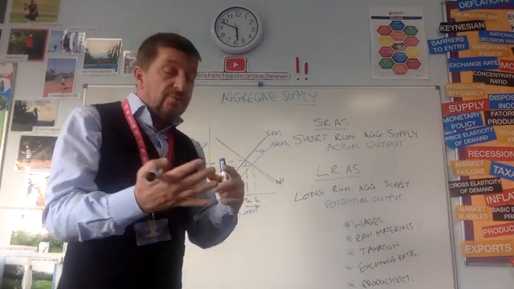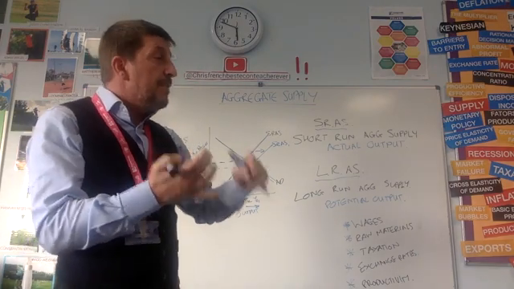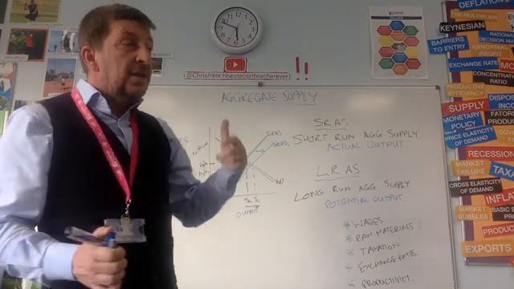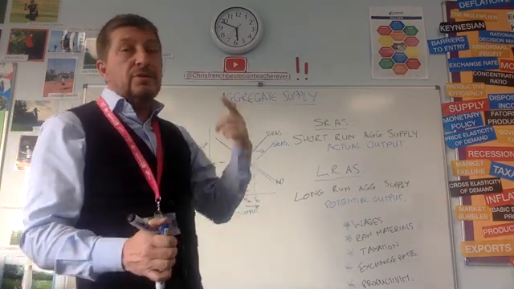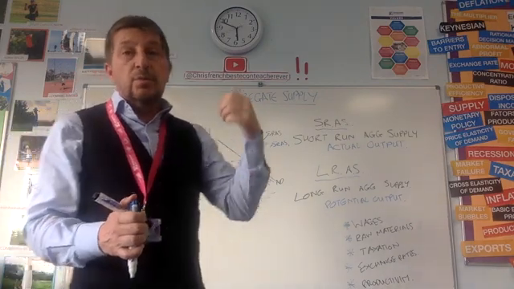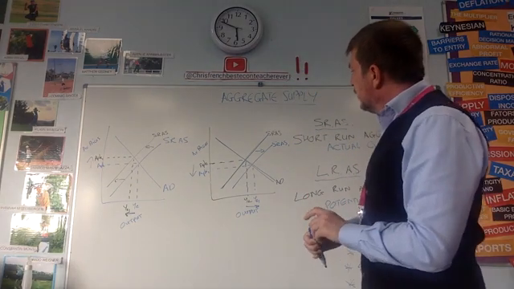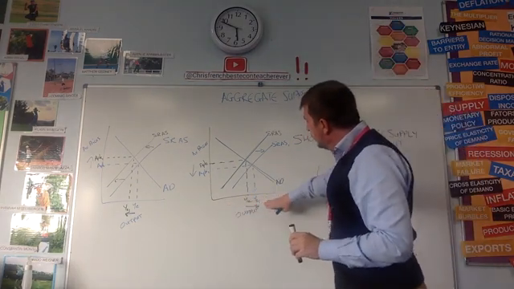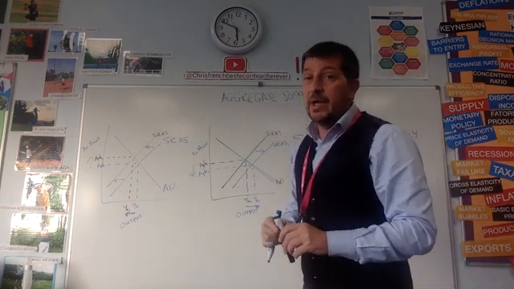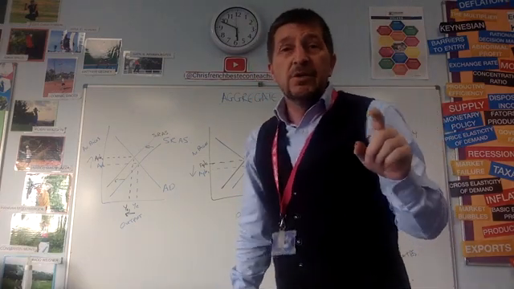So think about it, when you're faced with a question that says there's a shift in aggregate supply, what are the macroeconomic effects? You can talk about the impact on inflation, the impact on output, the impact on GDP, the impact on jobs, the impact on firms, the workers, the government. All those things will come into that argument. So you can talk about what happens when there's a shift to the right or what happens when there's a shift to the left. Okay, we'll leave it at that. We'll come back and next I think we will probably have time to look at